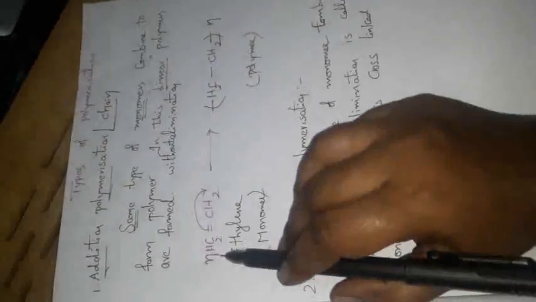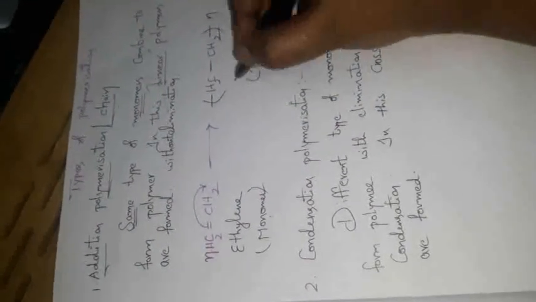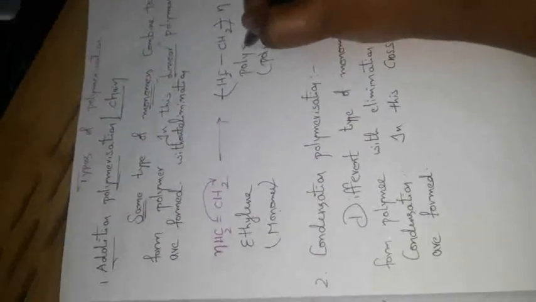Next, H2C single bond CH2, and n shifted here, the outer double bond, one bond shifted from here to here. And third rule, n shifted from first place to last. Here there is the presence of the monomer ethylene, and there is the polymer, and the name of this is polyethylene, which can be repeated n times. This is an example of addition polymerization.